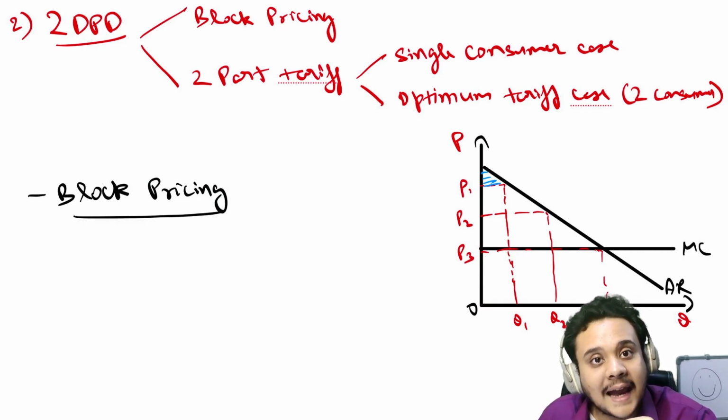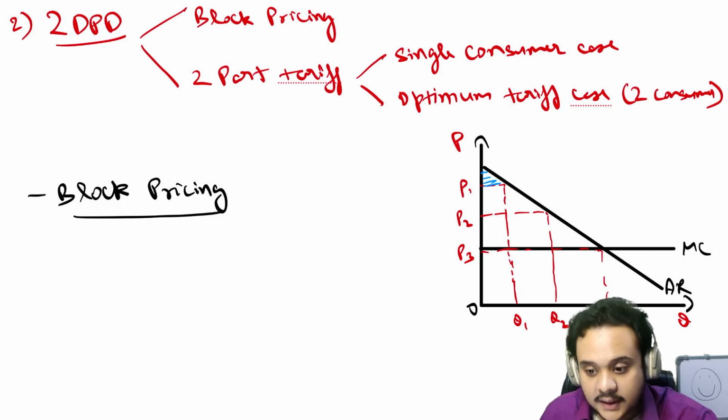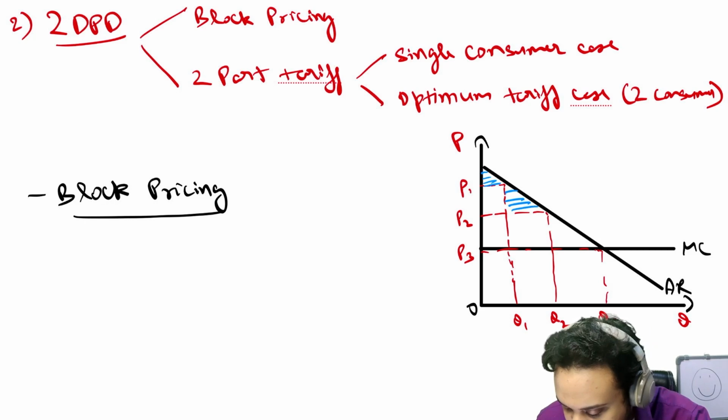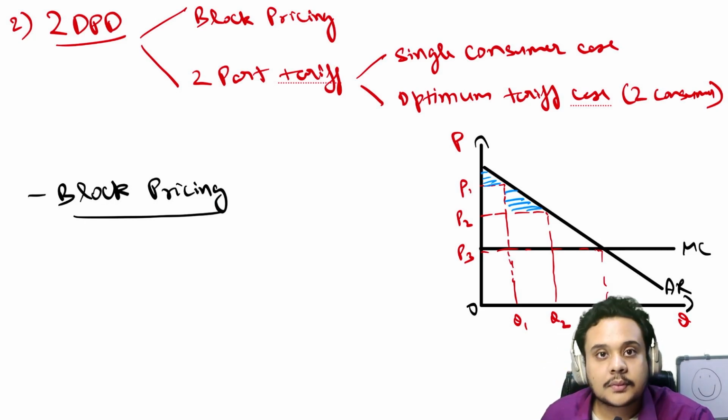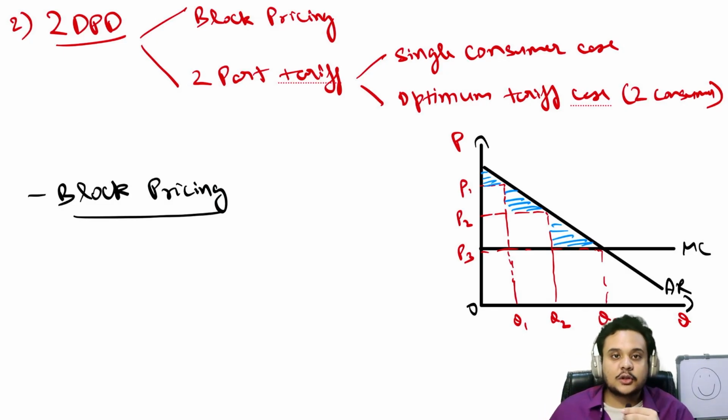Some are there who can pay higher, who value the good at a higher price, but they are also being charged the price P1. Okay, so there is going to be still some consumer surplus left. Similarly, for the second block, this is going to be their consumer surplus. Similarly, for the third block who are being charged P3, this is going to be their consumer surplus. So you will see that there is relatively lower consumer surplus from a normal monopoly type of market, but there is higher consumer surplus from the first degree price discrimination. Okay,